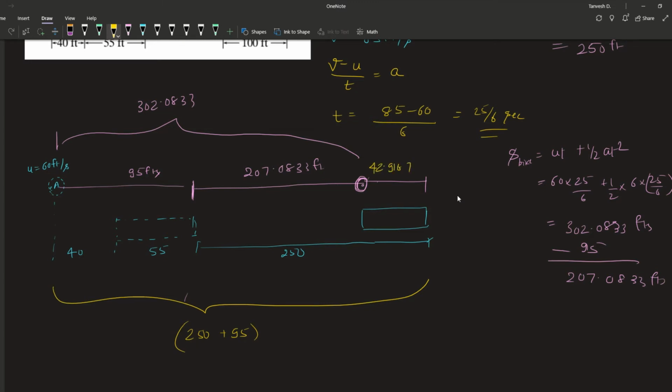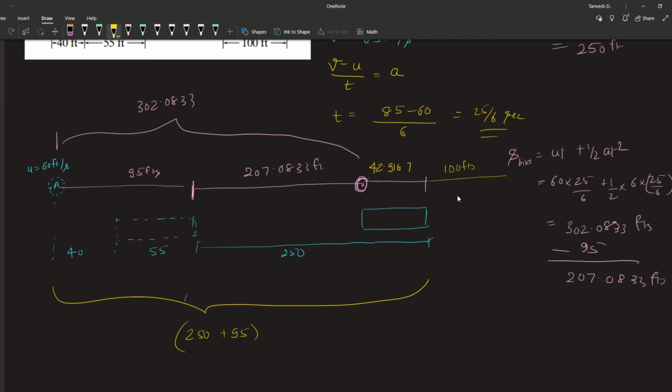42.9167 the bike has to travel to come just neck to neck with the truck, and then ahead again it has to go 100 feet. So the total relative distance that the bike has to travel with respect to the truck is 142.9167. The reason that I am saying this as a relative distance is because the truck and the bike both are moving, hence it cannot be an absolute distance, but it has to be a relative distance in relation with the truck. So the bike in relation with the truck has to travel